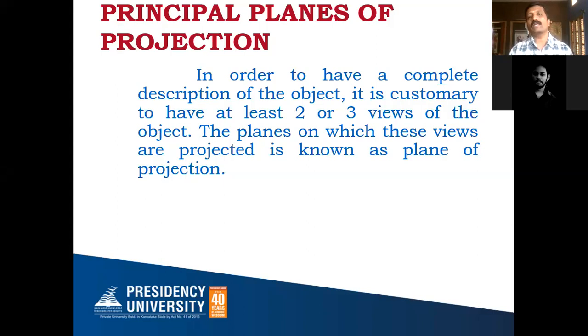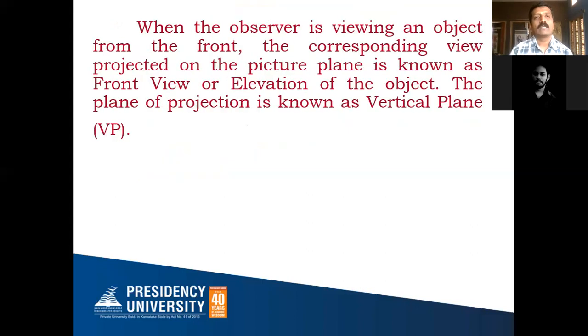Symbolically, the vertical plane is mentioned as VP, the horizontal plane as HP, and the profile planes as PP, in particular RPP or LPP. RPP is nothing but the right profile plane, the right side of you. The left side of you, this particular wall for me, is called the left profile plane. These things we'll discuss once again when I start the exercises.